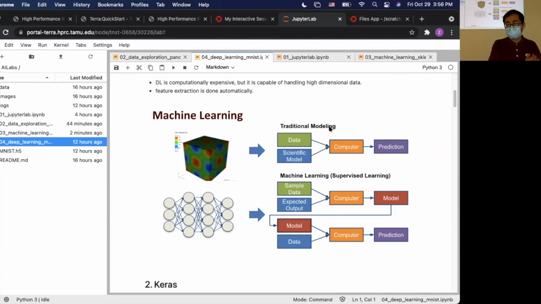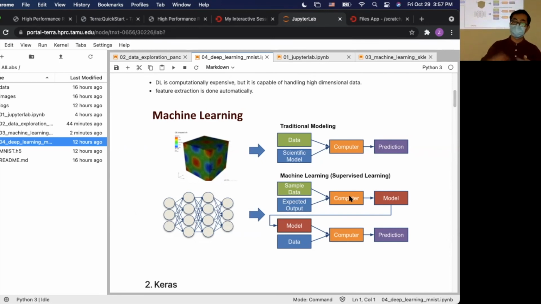But in machine learning, it's not like this. For example, you have a neural network here, and you have some input and output. It's a mapping function from the input to output. You have some data, and you know the output, and then by using the computer, you train your model.